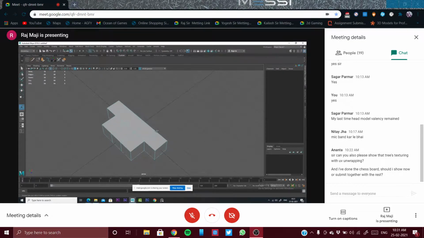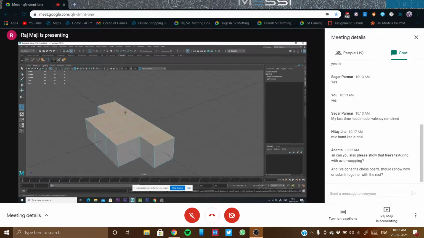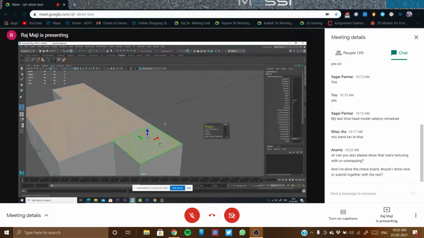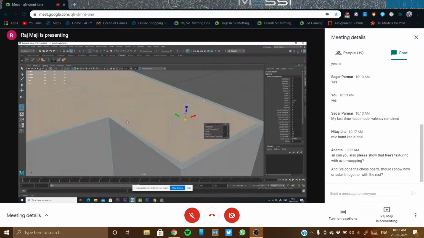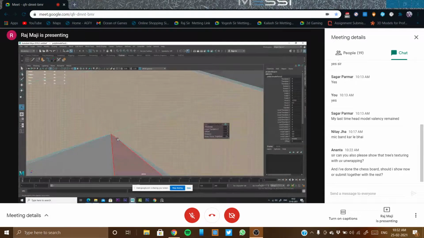Okay, I created this kind of shape, and if now you are going to extrude it, okay, in the local axis. So I'm extruding it. So in this case, it's not creating any problem, but in this area, in this case also that problem is there. Can you see? That problem is there.